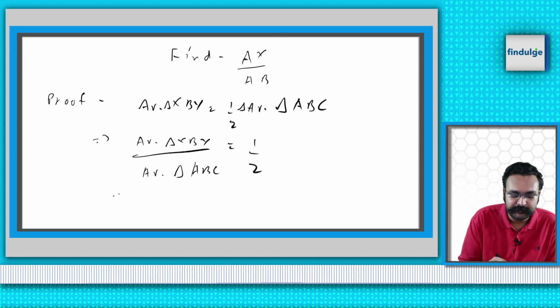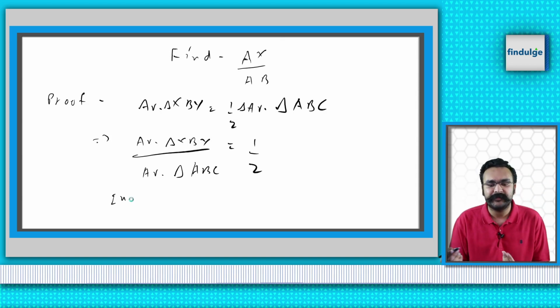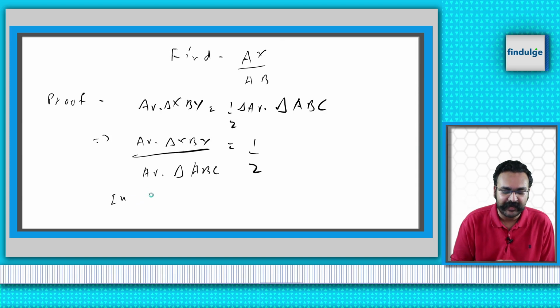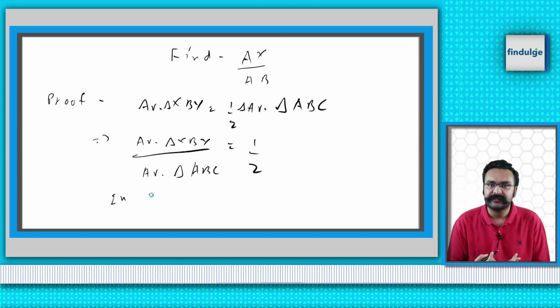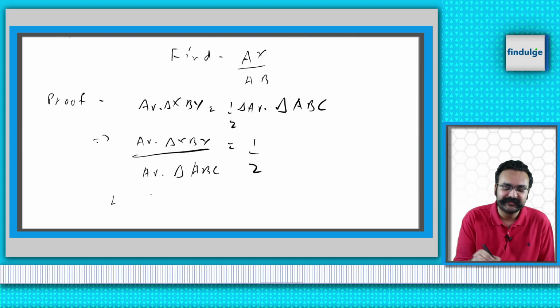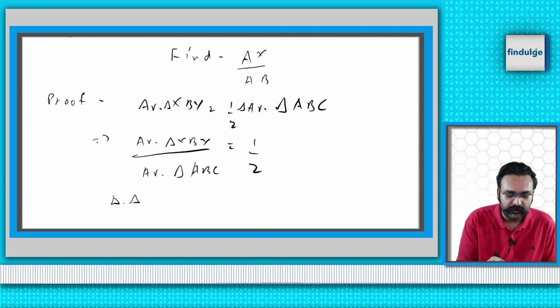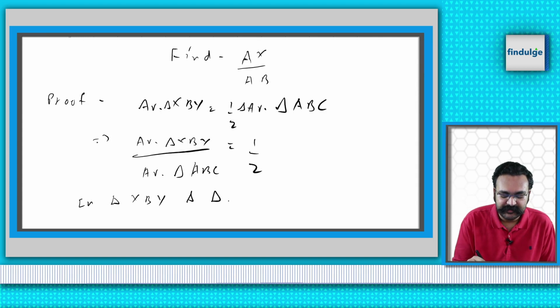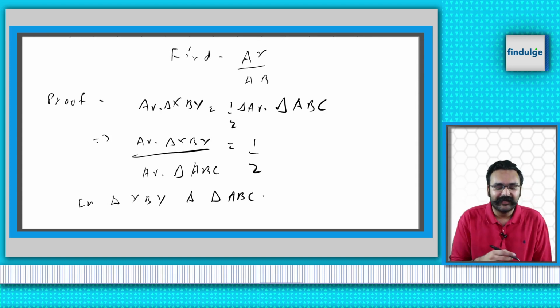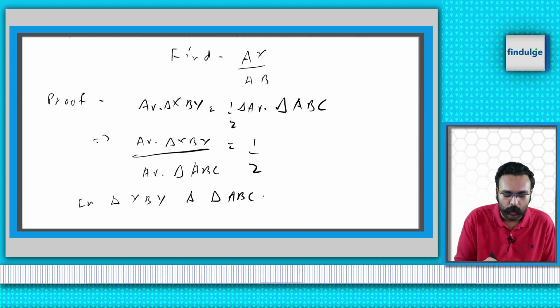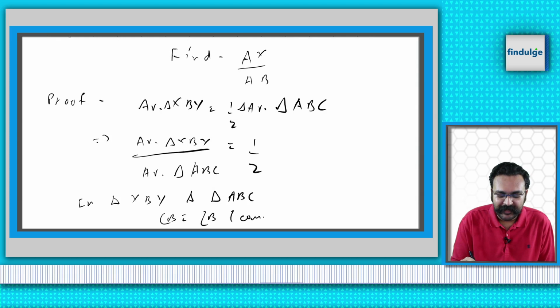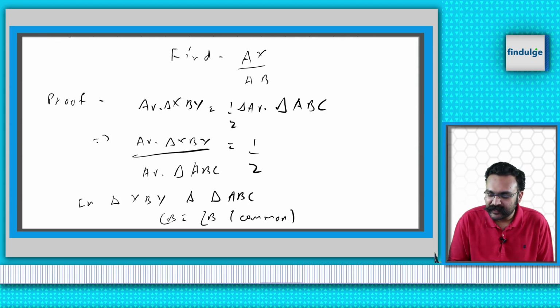triangles XBY and ABC will obviously be similar, because in triangle XBY and triangle ABC, we will basically use the fact that since XY is parallel to AC, we have angle B equal to angle B common. And then you can take any other angle. So I'm going to, in this case, take angle